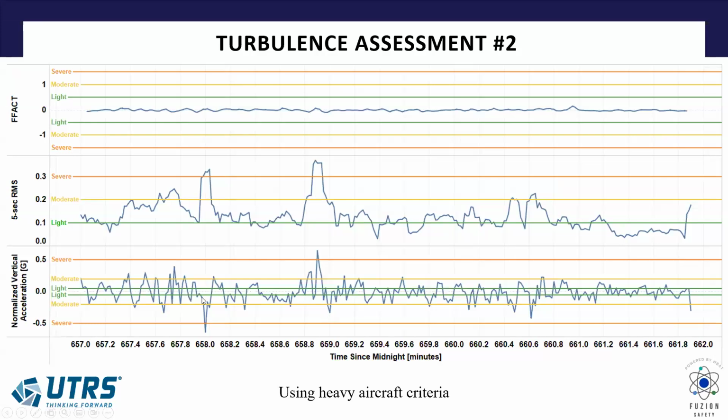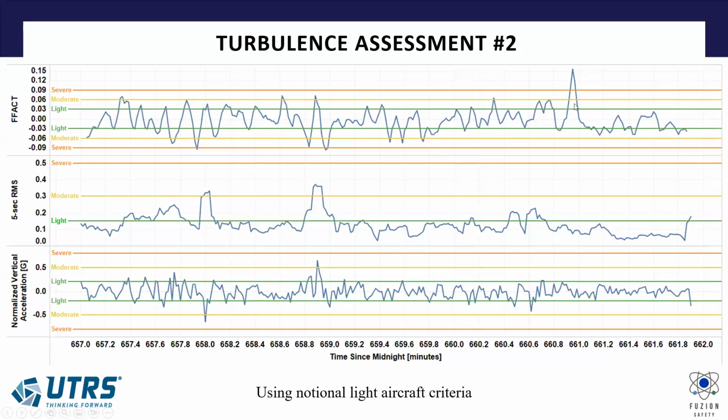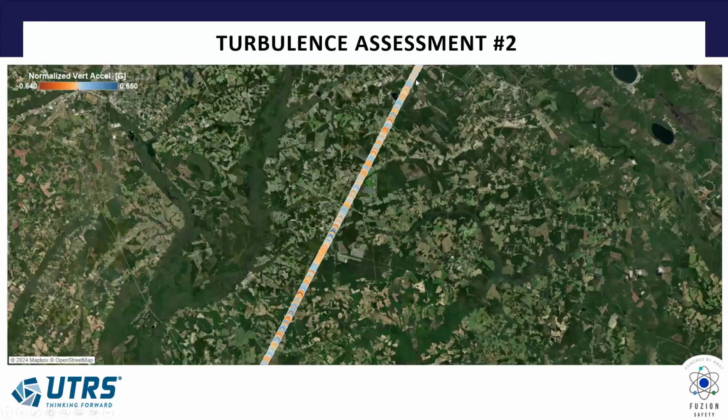And again, with the big aircraft, the heavy aircraft criteria, it's showing severe, but again, not much with this calculation. So using that notional one, there you go. Something worth tracking. And when we nail down these numbers, we'll build, just like I showed you for the departure bank, we'll build analysis like that and track it. And again, pretty much level, or not level, but straight. So no turns involved.